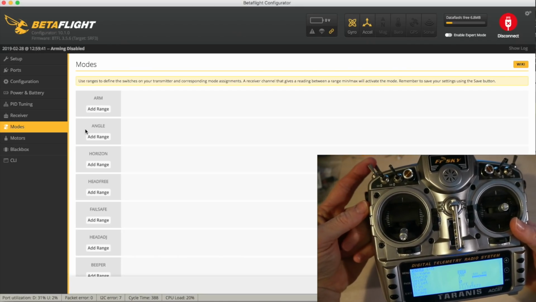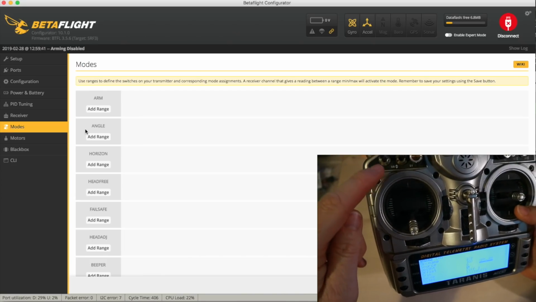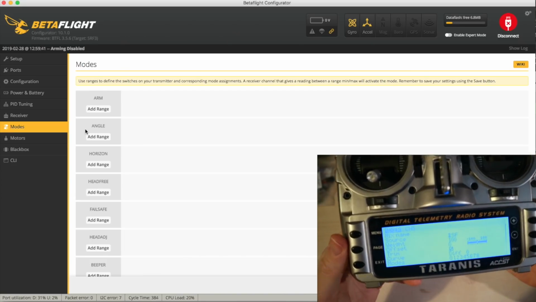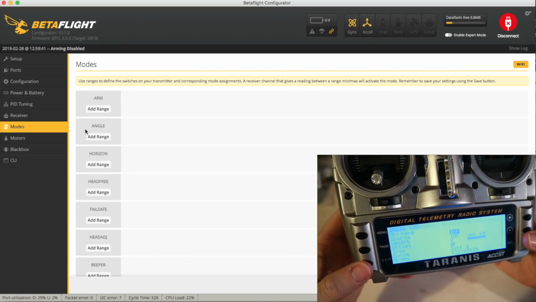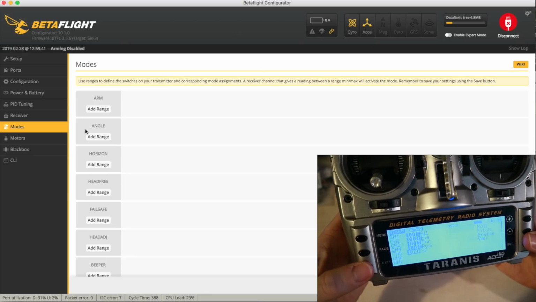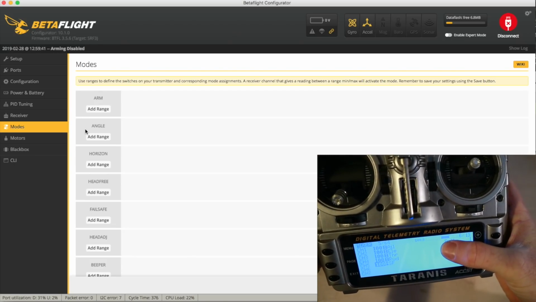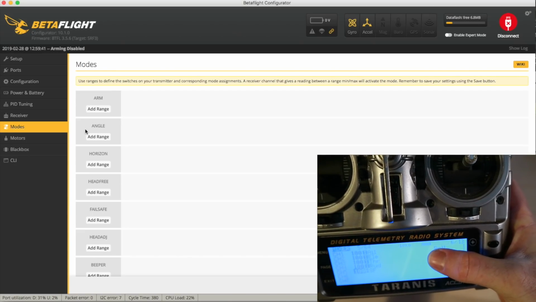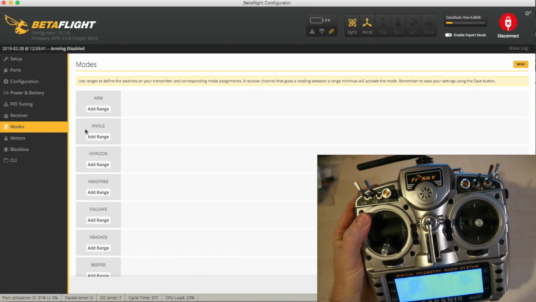If we just hit the switch quickly, you'll see it change there to SF, which is quite handy because although the X9D is labelled quite nicely, you can see what they're called, the other radios don't so much. So if we just say this is SF on channel 5, that's all we've done, we've just basically said source is SF, we will see that in this little bit here you can see the rate changing as we do the switch. And so I'm going to use it as my arm switch, and what I will just do is